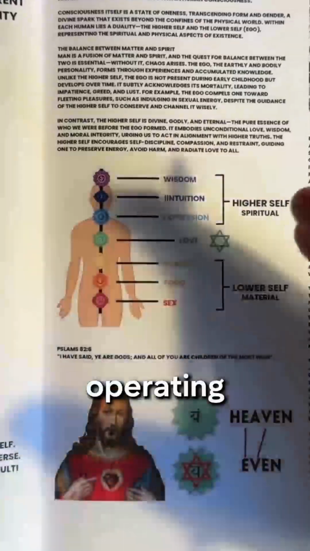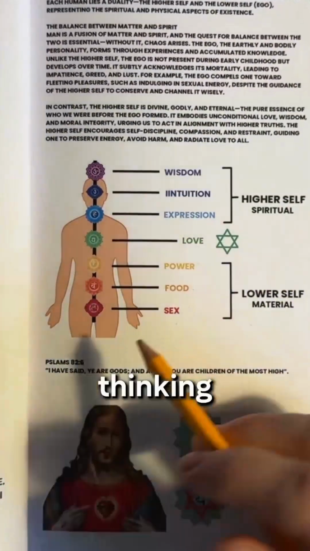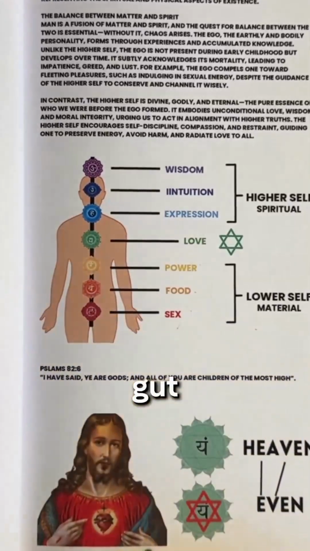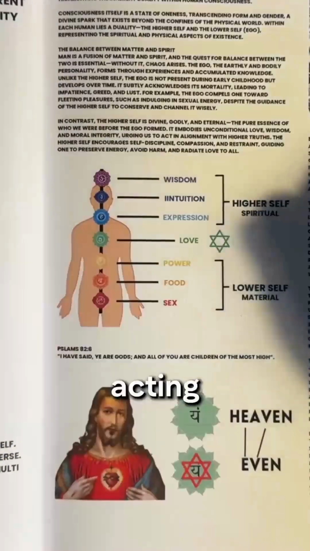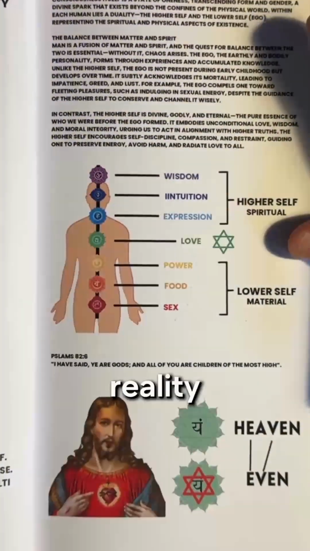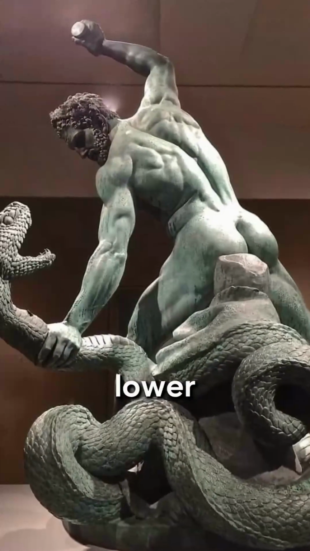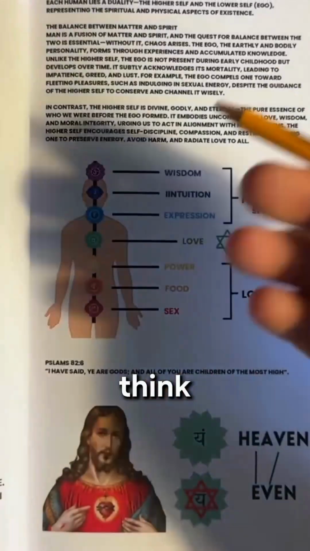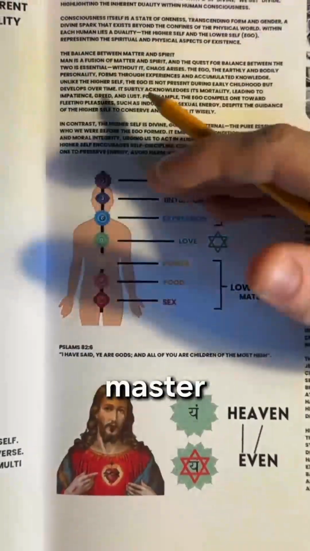They need you operating your life only thinking in the lower centers of consciousness, thinking with your reproductive organs and your gut, because this traps you in an unconscious survival state of thinking, feeling, and acting, where you have no power over your reality. If you want to gain control of your reality, you have to master and conquer these lower base thoughts and desires, and think from the brain and the heart, the higher centers of consciousness. Then you become a conscious master of your reality.